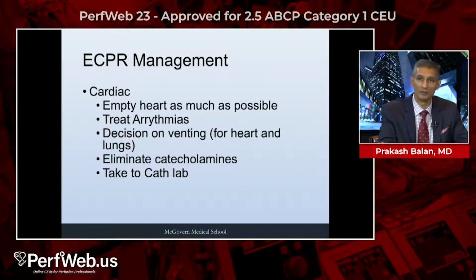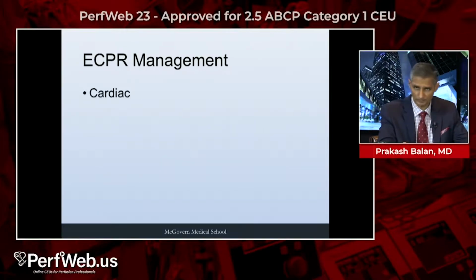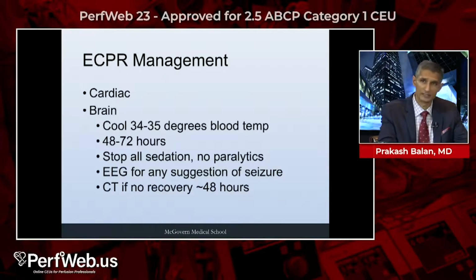In terms of eCPR management, your goals are to drain the heart as quickly as possible, treat any malignant arrhythmias, eliminate those toxic catecholamines, the dopamines, the epis, and get them to the cath lab for urgent revascularization. As you do this, you need to protect the brain, cool as quickly as you can, and then protect the viscera by flowing at high flow rates, protect the liver, protect the kidneys, protect all the other vital organs. From a brain standpoint,